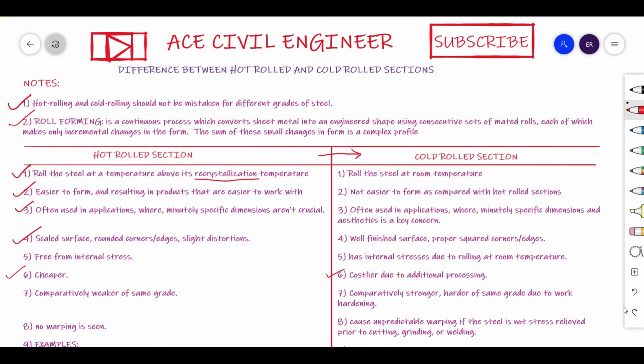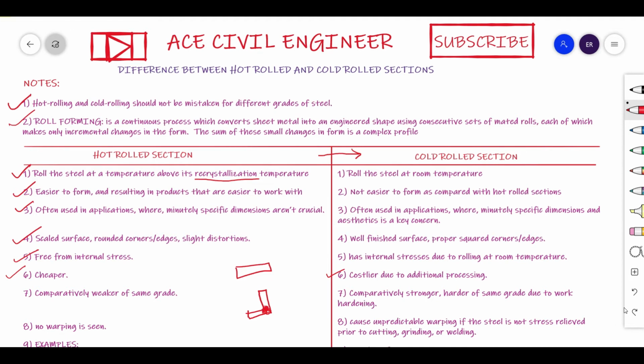Now coming to the fifth point, friends, here I mentioned that this is free from internal stresses, because we are leaving it to itself until it gets to room temperature. Whereas in cold roll sections, after cooling it down, we try to bend it, or fold it, or mold it as per our requirement, which leads to some additional stresses. For suppose, if I'm taking a plate section here, and if I try to make it an angle section, then a lot of internal stresses or residual stresses get formed at this location.